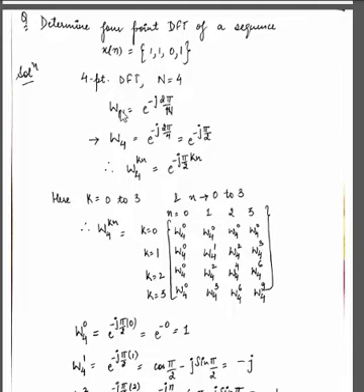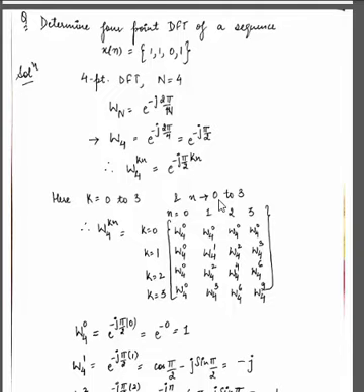And again we use the formula of the twiddle factor, W_N is equal to e raised to power minus j 2 pi by N, and for N equal to 4, W4 is equal to e raised to power minus j 2 pi by 4, it becomes e raised to power minus j pi by 2, and twiddle factor raised to power kn is equal to e raised to power minus j pi by 2 into kn. Now it's a 4 point DFT, that means the range of n or k is 0 to N minus 1. So 0 to 4 minus 1, it becomes 0 to 3.